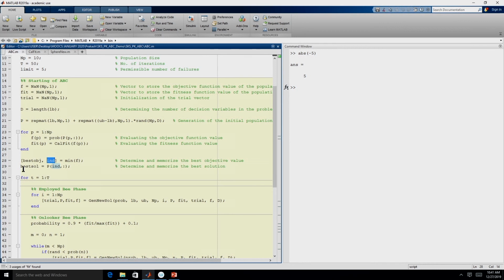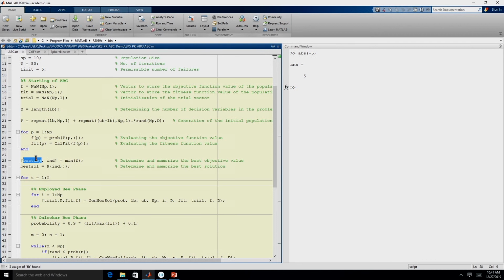So, with ind we assign the best solution, we just make a copy of the best solution and store it in the variable best sol. So, best sol will have the same dimension as your problem dimension. If we are solving a 5 variable problem, best sol will be a row vector with 1 row and 5 columns, right, whereas best obj will be a scalar for a single objective optimization problem. So, here we are using that variable ind and we are copying that particular member from the population and storing it in the variable best sol, right.